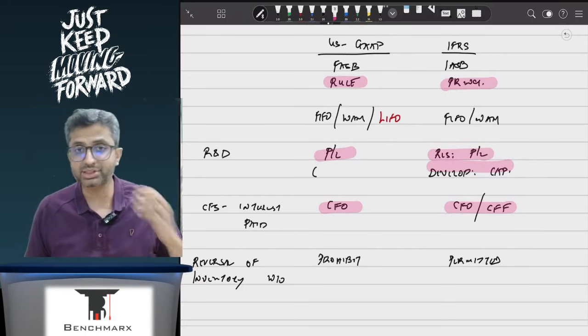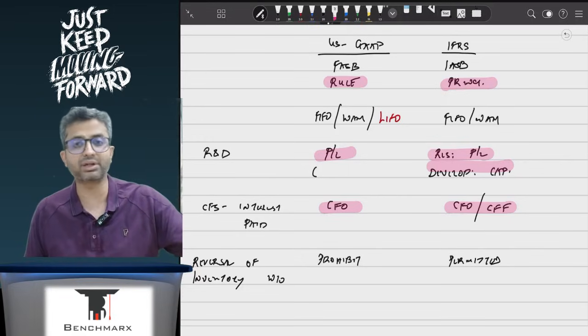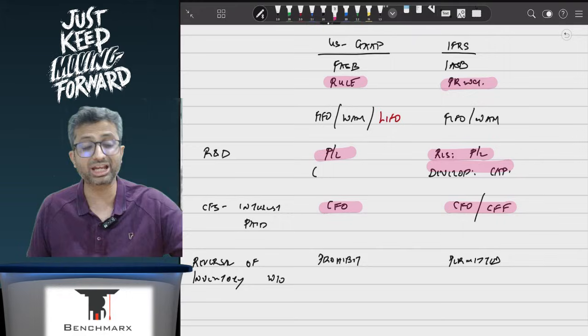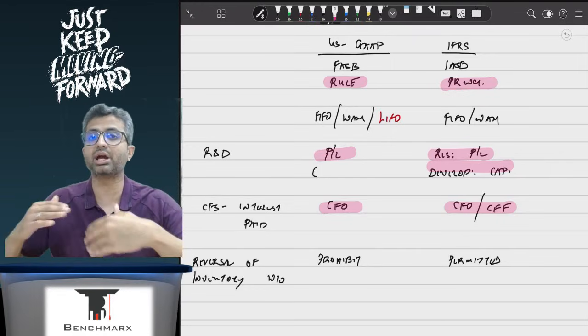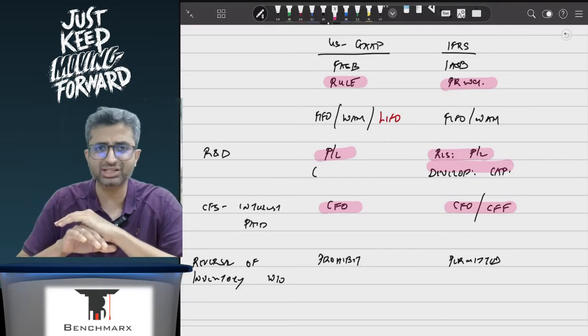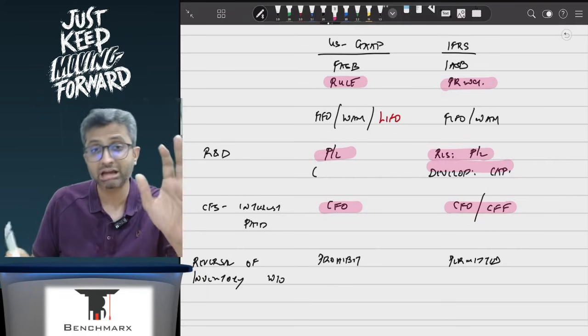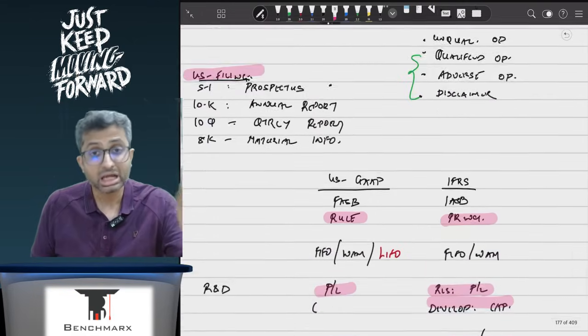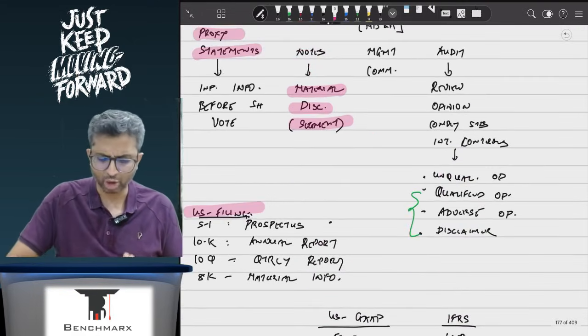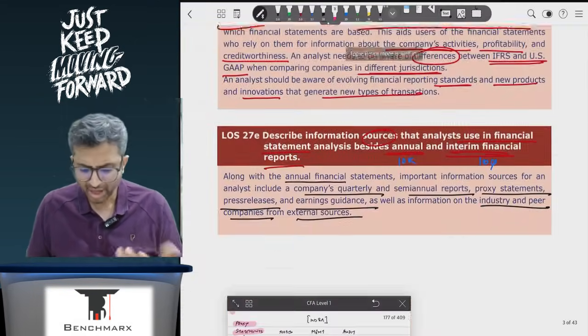There are other places as well, like inventory, if, let's say, cost or NRV, whichever is lower, and later, let's say, there can be a subsequent increase in the value. US GAAP says that once you write off, you cannot reverse it. Under IFRS, reversal is possible. These things we'll study at a lot of length along with each of these respective topics, but we are trying